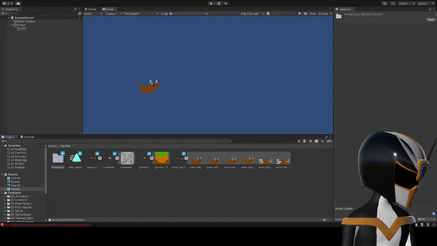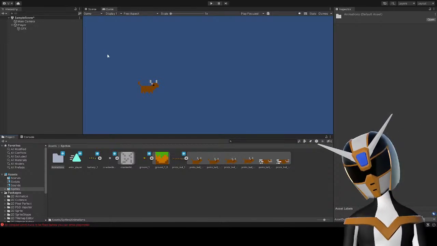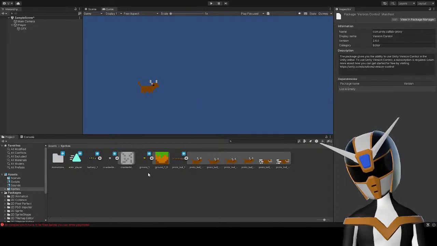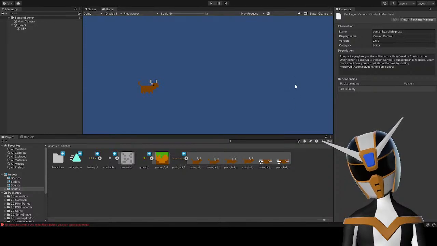Okay. Okay, well, I'm not using version control anyway, even though I probably should. Let's remove it, I guess.